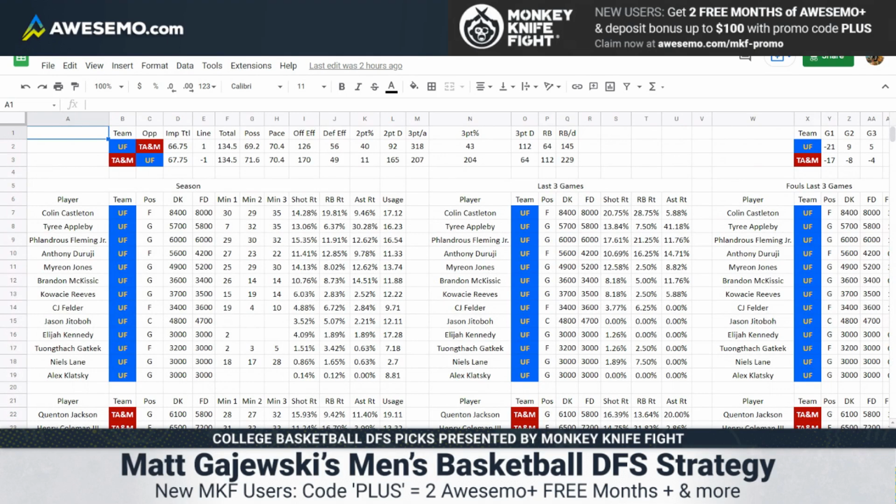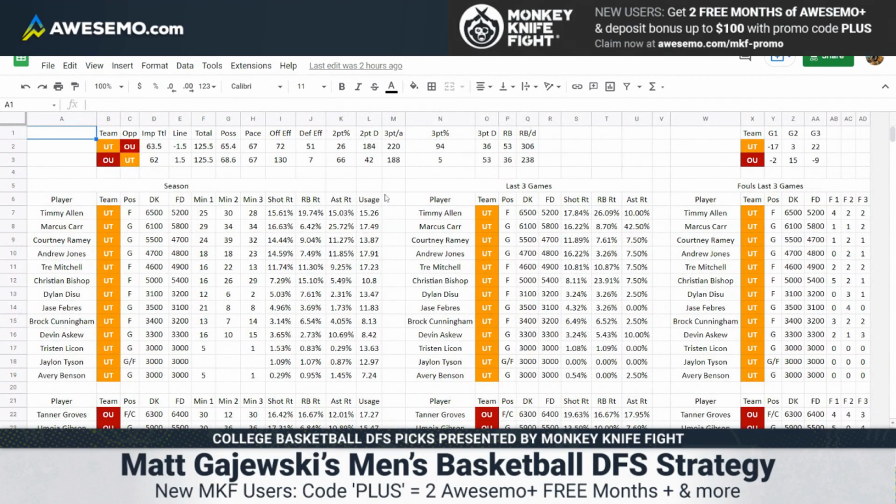We'll move to the next one, which is Texas taking on Oklahoma. 1.5-point spread in favor of the Longhorns. A 125.5 total, which has been troublesome for Texas all year. A lot of times Texas is just an X out spot unless you can find someone really, really cheap. Just because they're playing so slow, their totals end up being so poor, you can almost ignore Texas anytime they're